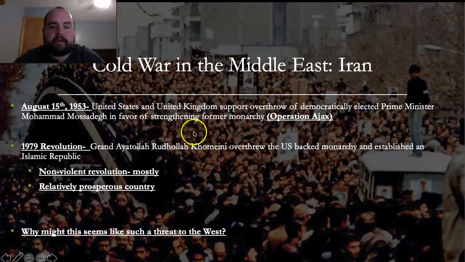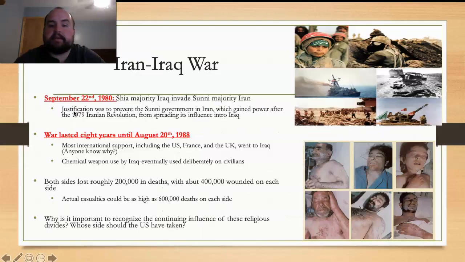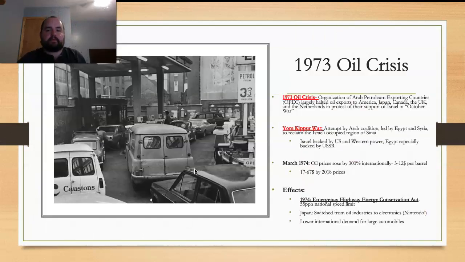So after the United States and the United Kingdom got involved in Iran for the first time in the 1950s, this conflict is still continuing well into the 1980s, and really is continuing still to this day, which we will talk about before the end of the semester. But in the meantime, this conflict also directly led into the 1973 oil crisis, which affected a huge portion of